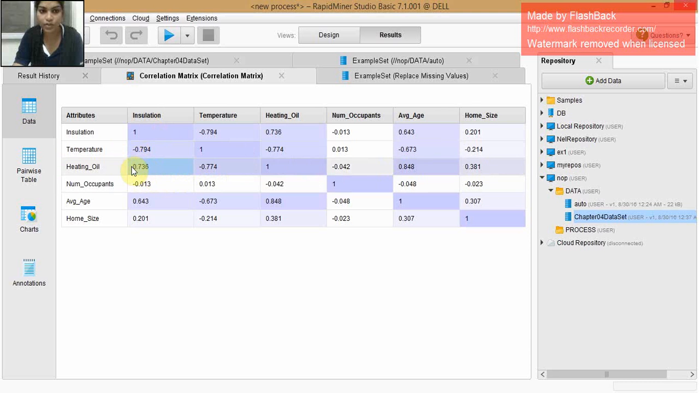Here we have heating oil and insulation. We have a positive value, a strong relationship, that is 0.736. It is because when the period of insulation increases, more heating oil is obviously required. So the usage of heating oil is more, and so the relationship is denoted here as positive. Here, the relationship between heating oil and temperature is minus 0.774, meaning a negative relationship. It is because as the temperature becomes hotter, we tend to use less heating oil